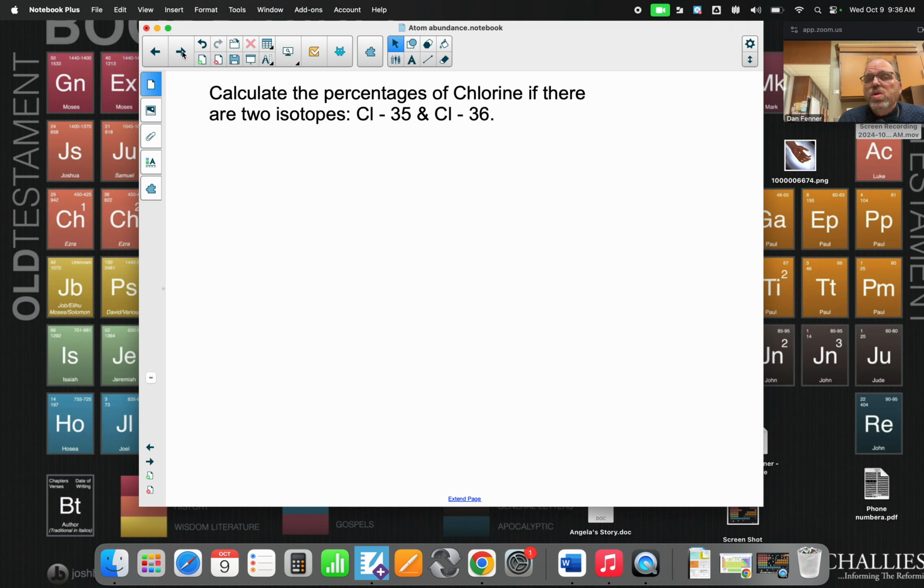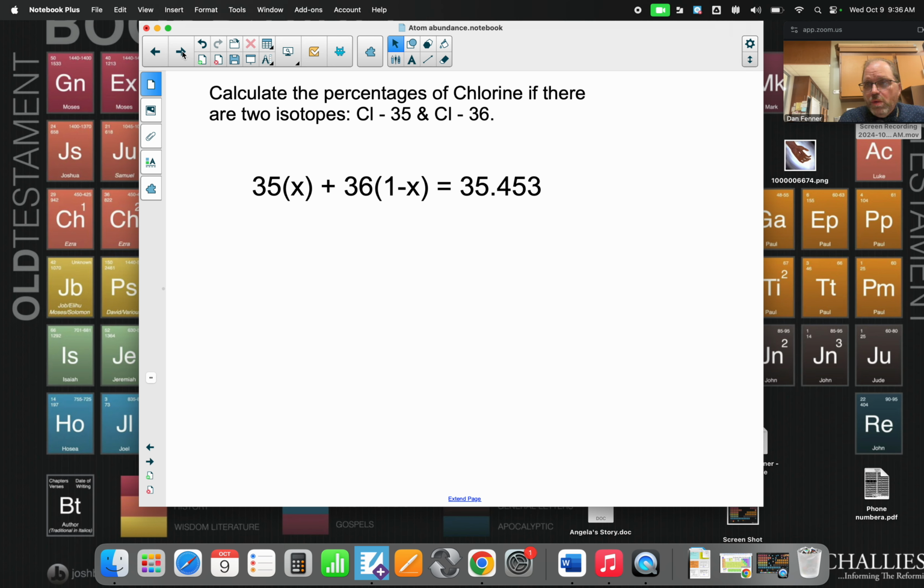So let's say there's chlorine. Chlorine atomic mass, it says only 2 exist, 35 and 36. So we take our first atomic mass, 35, and we don't know the percentage, so we're just going to make it X. And then we're going to add to it 36 times 1 minus X. Why is it 1 minus X? Well, 1 is 100% as a decimal. 100% minus whatever the other one is, 1 minus X. And that's going to equal the atomic mass from the periodic chart I found,